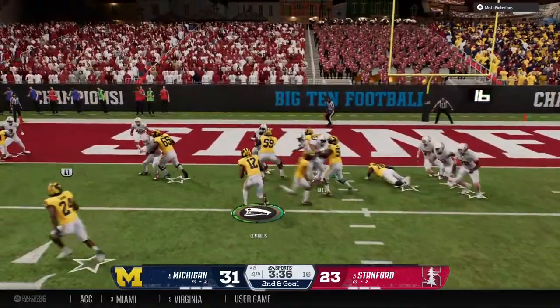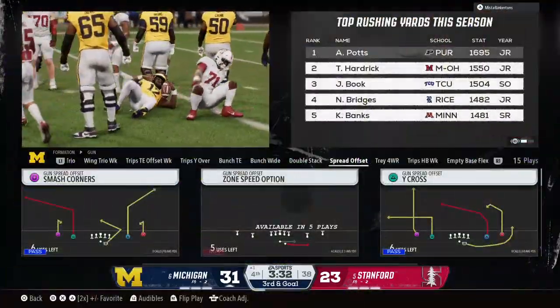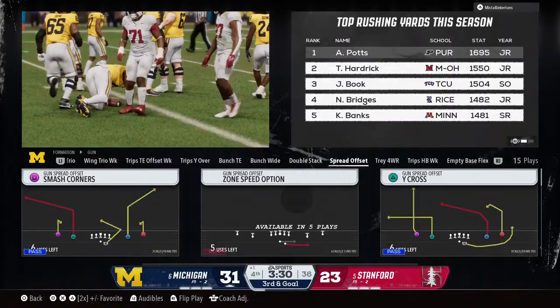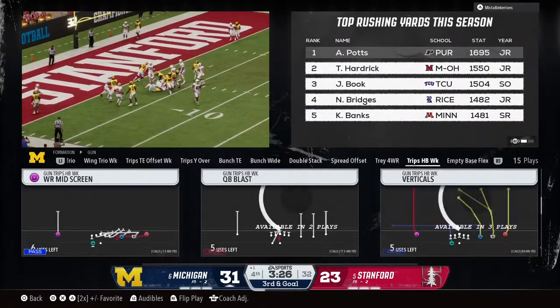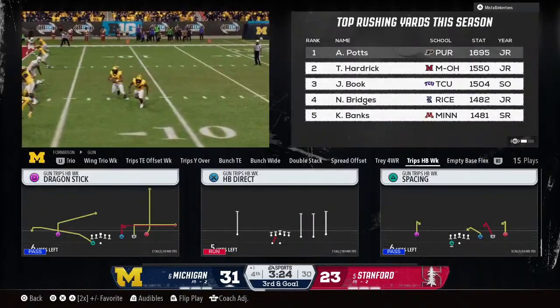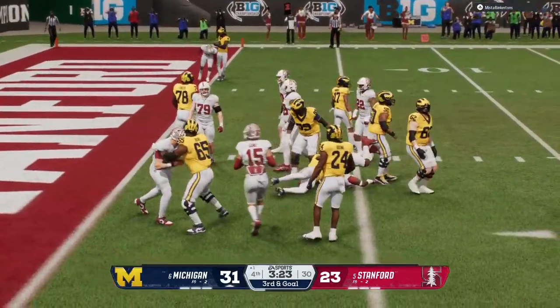They'll run the option. Couldn't quite get there, but brought down at the 1-yard line. Boy, they go with the quarterback option here, and the play just didn't seem to feel like it had much of a chance. The execution was just off. You got to either keep that or pitch it. He was a little bit hesitant and allowed the defense to get to him.